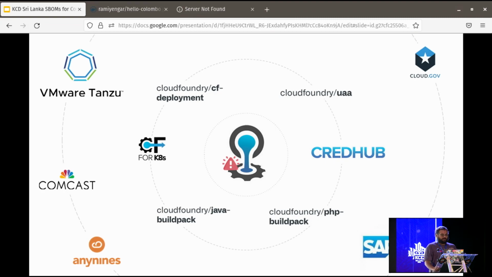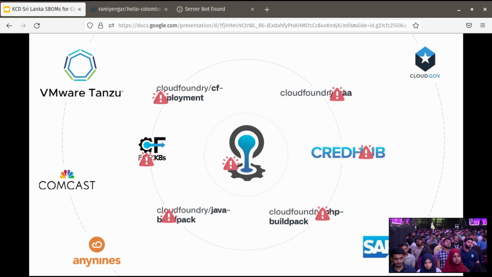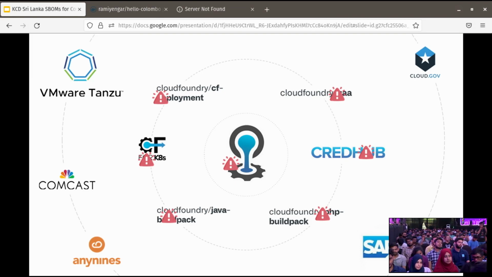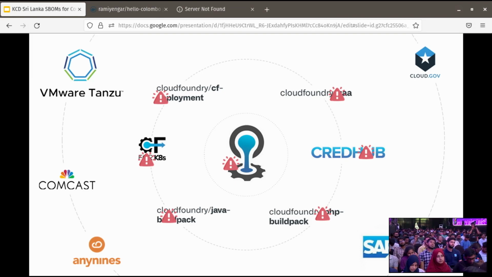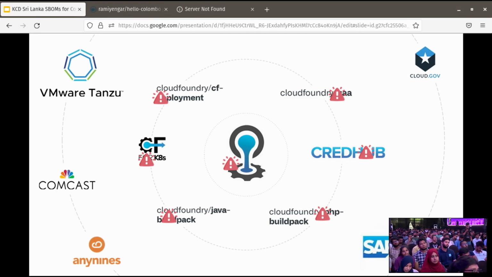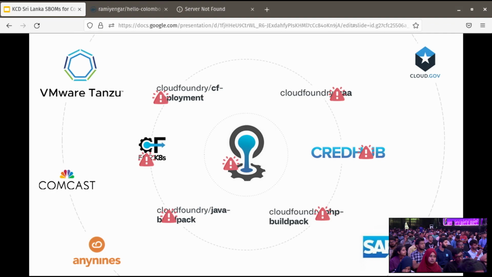Now, there were many different parts of many different projects that were affected by this vulnerability, and what happened as a result was, as each hour passed, which felt like a year, a lot of the different working groups were starting to report different vulnerabilities because of the use of log4j shell within each of these components. And I was bang in the middle of all of the communication that was going on,